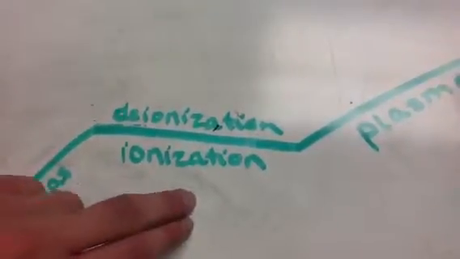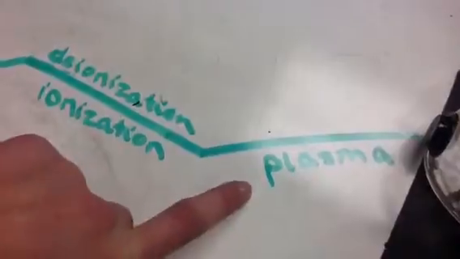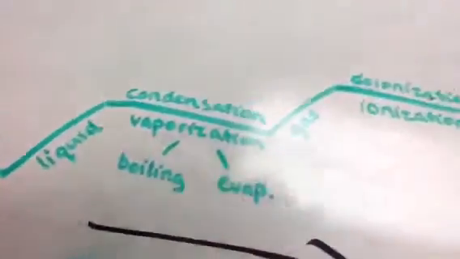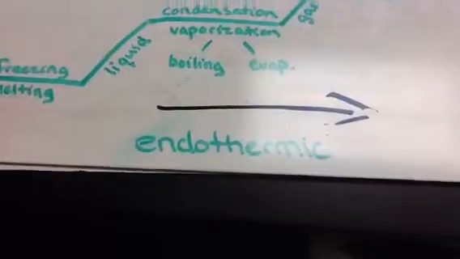And ionization is when the gas particles become charged, and it enters the fourth state of matter, which is plasma, which has charged particles. And so, if you go from a solid, liquid, gas to plasma, it is phase changed each time